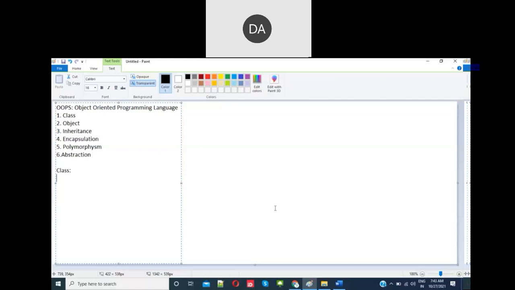A class contains variables, methods, constructors. Class contains variables, methods, and constructors. Okay, be careful. You should be very, very careful while talking about class. The definition will be: access modifier,